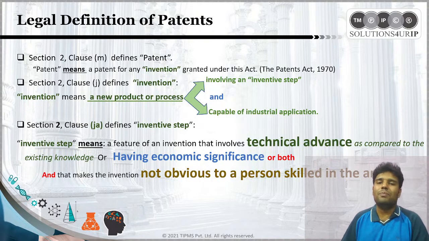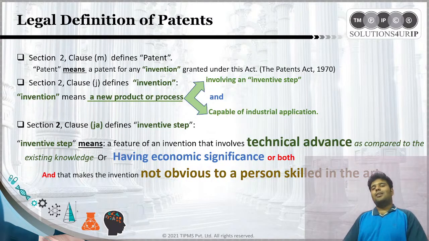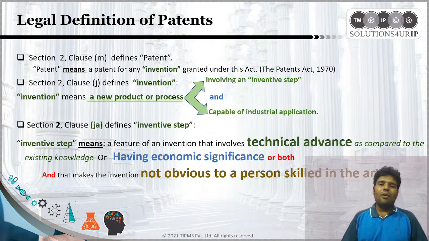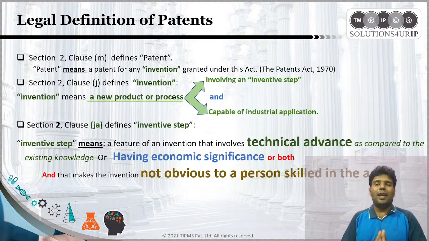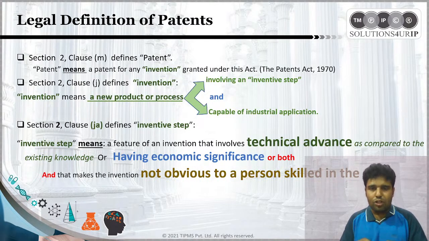Not obvious means something surprising, something surprising to people having ordinary skill in the art, meaning people who are dealing with applications of science and technology in general, only for those people,